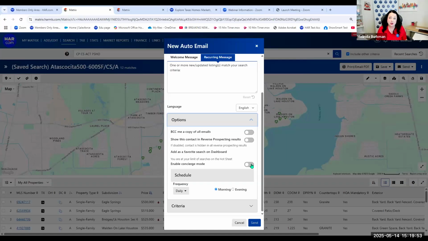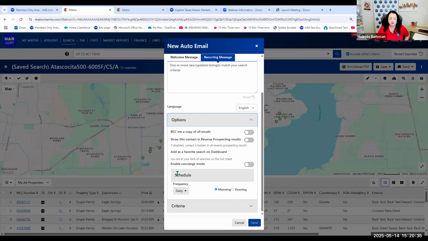It takes out the automaticity of an auto email. So if you don't need to do it, don't do it, because an auto email will send them listings based on, we're going to schedule frequency next, whenever something matches their search criteria. And if you choose concierge mode, it's dependent on you checking that concierge email once a day to approve those individual listings and send them to your client. There's no more automaticity. Okay, it's whenever you have time. So I don't recommend using it if you don't need to. It's there because someone has needed it and we've added it. But we just want you to be aware that it does take away the automaticity of an auto email, which is the point.